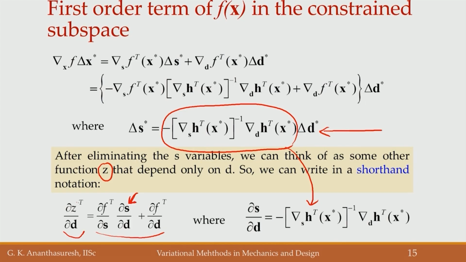Okay. Then we get this gradient, and we can take another derivative of this quantity to get the Hessian equivalent of the constrained problem. If you remember, for the unconstrained problem we were taking the Hessian of f directly, but now we are not supposed to do that. We need to look at the constrained one after taking out the dependent variables based on the equality constraints and active inequalities. Okay. So, we start with this dou z by dou d, the new function which has n minus m variables. Okay. We substitute this over here and compute this dou z by dou d,